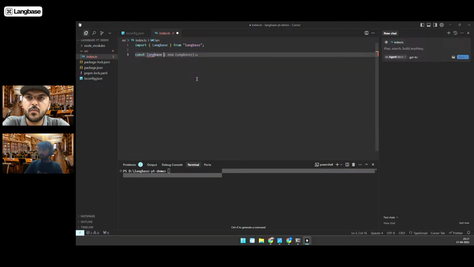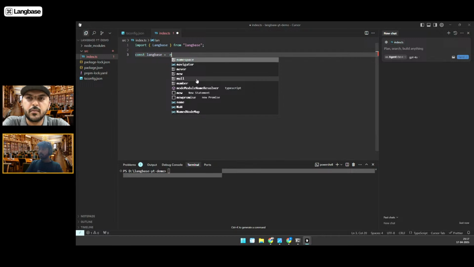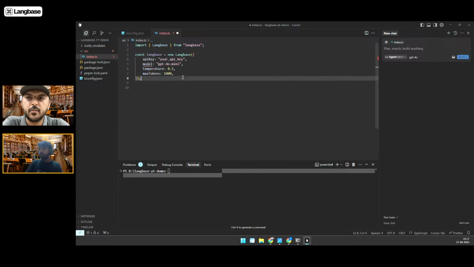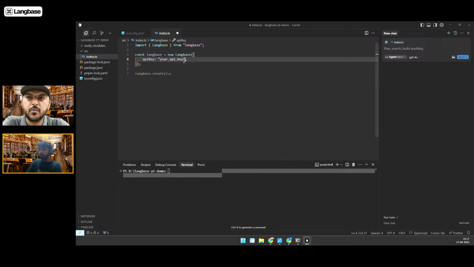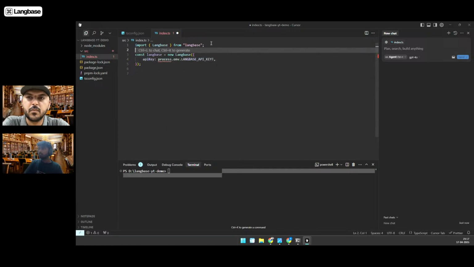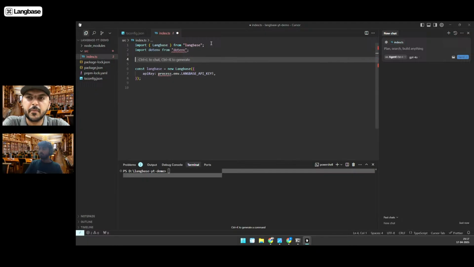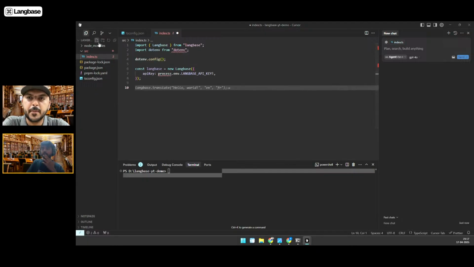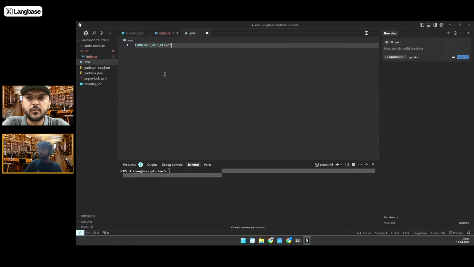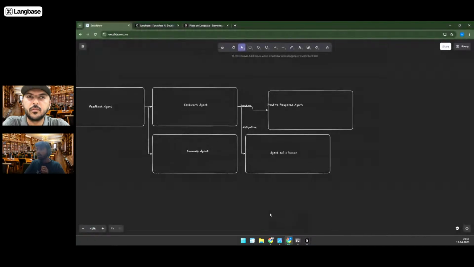Now let's make a Langbase class from it, where I am going to specify the API key of our Langbase. So you can take that API key. Also, we need to give it in the env file, so let's create a .env file in the root of our folder, where we will give the Langbase API key. So here is the Langbase API key. I will quickly grab it from my